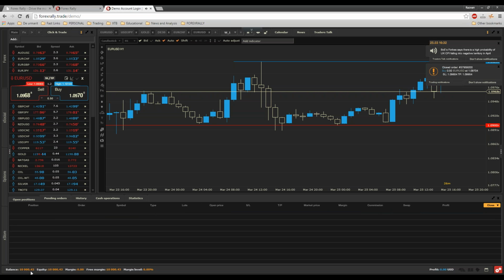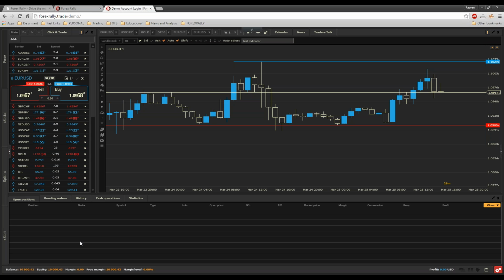I have a profit of 0.43. I did 2 trades on which I went minus $1, $1.5. I closed this buy on euro dollar and I have 0.43 dollars profit. It's not much, but if I continue to do trades, I'll maybe increase my balance to 10 bucks. But actually, I have an idea. We should really do a live trading webinar at some point. Now that will be very interesting.